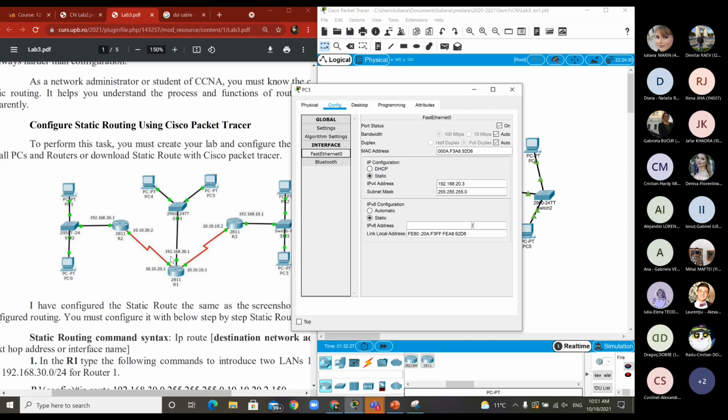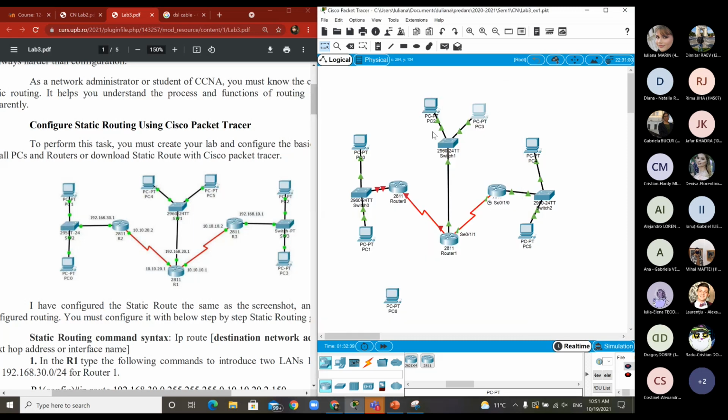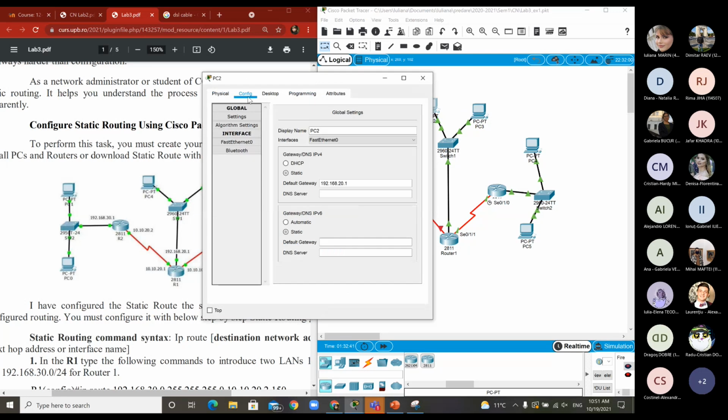So you can assign, for example, 3. And being a mask of 24, it means that you use the first 3 octets. So this is why you have this 255. And the same is done here. We'll go to config and don't forget about the gateway. Both of them have the gateway as being the entrance point in this network. So the entrance point is this